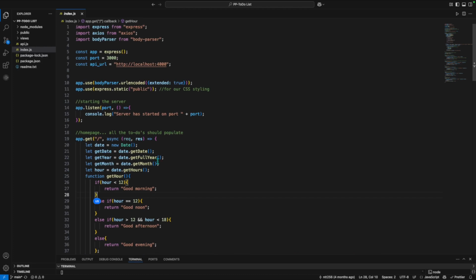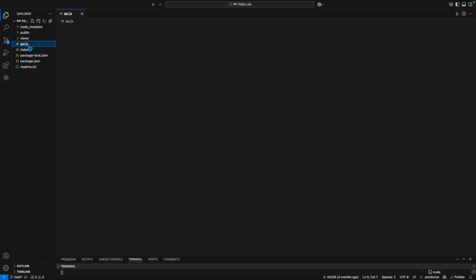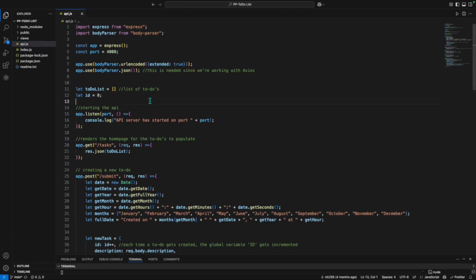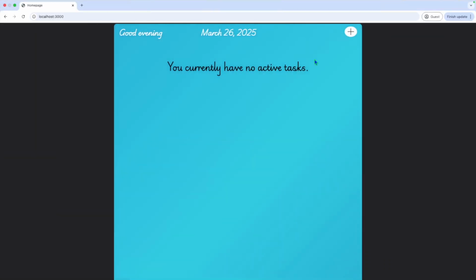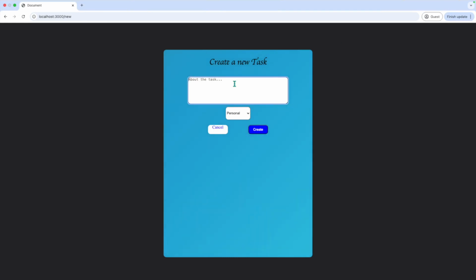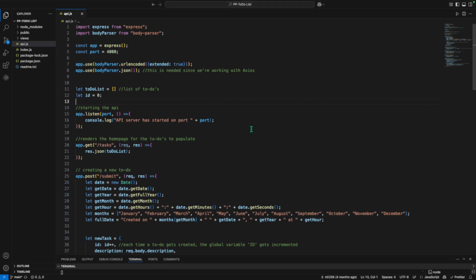And here is where I will build my API, at this location at my local host. The 4000 is just my port. It's just where I want it to be. And if I go to my API file, here is where, if I create a new to-do, like if I click on this button and then create whatever task I wanted to do, then that request is sent